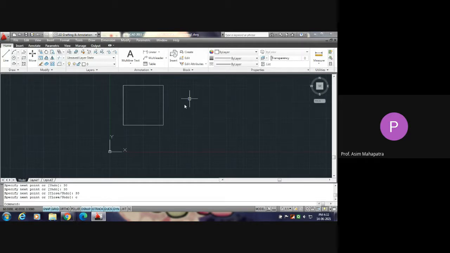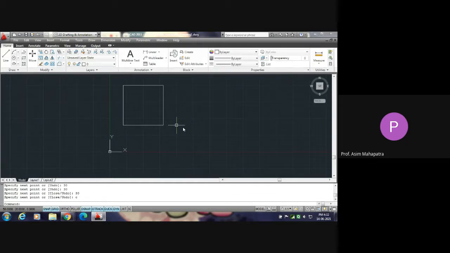So in this method, I am not giving the two input parameters. I am giving the single parameter, that is the length of the line. Have you noticed it? So this is another method called direct distance entry method. I am discussing this one in relation to snap because if the snap setting is set, that direct distance entry parameter will be very helpful.